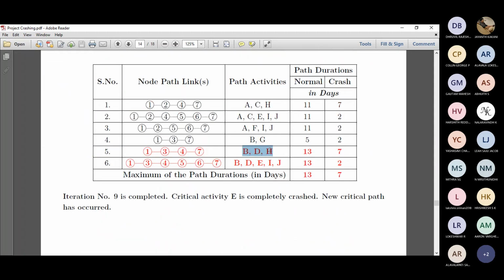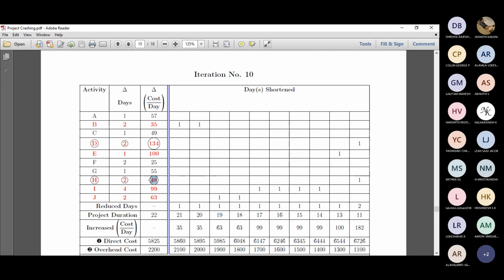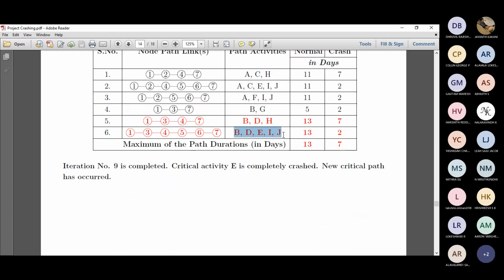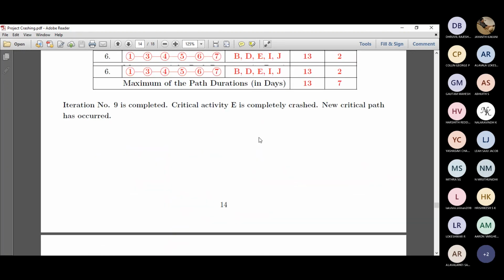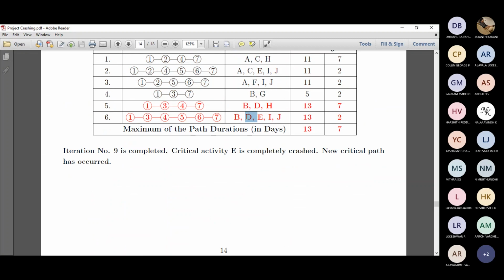Right. So here it is. Here is a critical path. Here is another critical path. So in this critical path, we need to find out a critical activity with the least cost slope. So H is the least cost slope, which is having only 48. That's why I have circled here. And in this critical path, we need to find out the least cost slope. So you may argue that there's an E here, so it's absolutely fine, right? But if E is not here, then we'll be finding out the remaining activity which has the least cost slope, right? So in this case, we have found H and D.